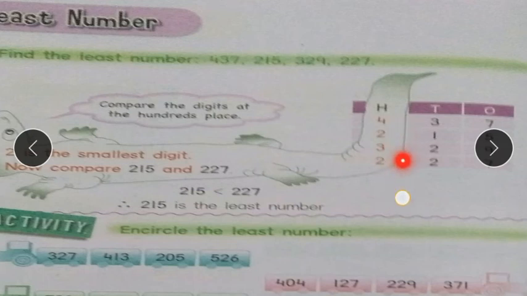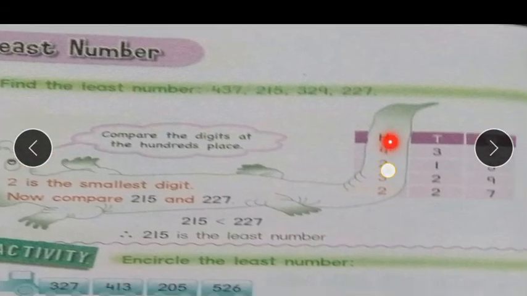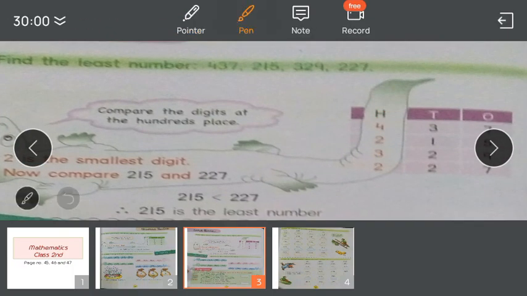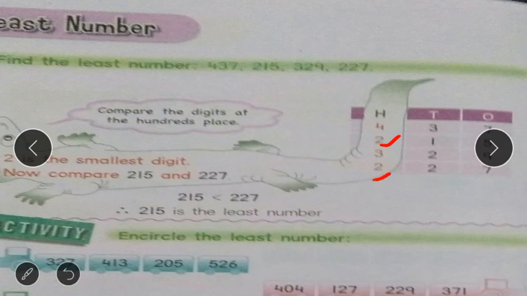So it will be difficult for you to understand which one is the smallest, because the 2 and 2 are both the same. Here these two and these two are the same. So what do you have to do to know which one is the smallest? You have to go to the tens place. Now see the tens place. Compare all the numbers: 3, 1, 2, 2. In the tens place this one is the smallest. So you have to go to this number, like 200 and the number is 15. So 215 is the smallest among all the numbers.